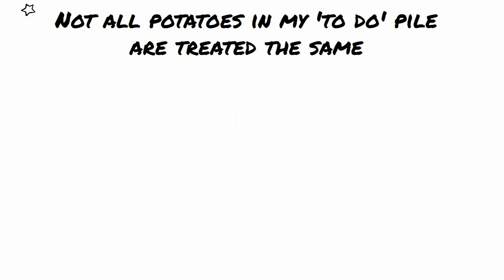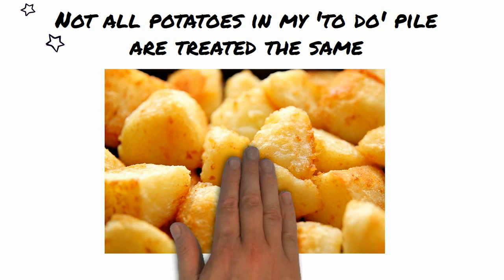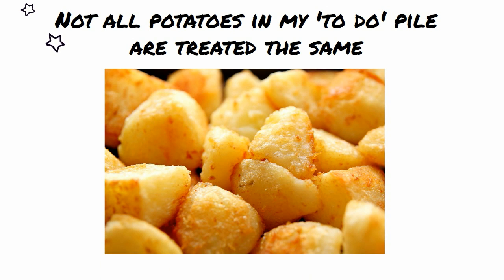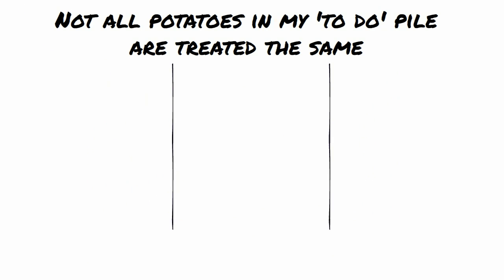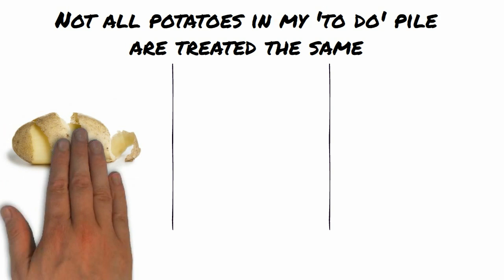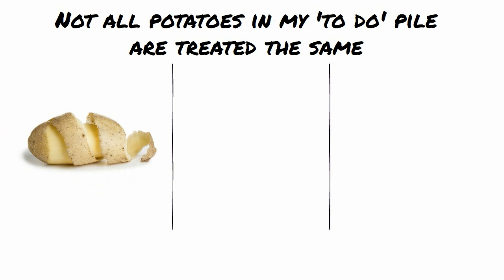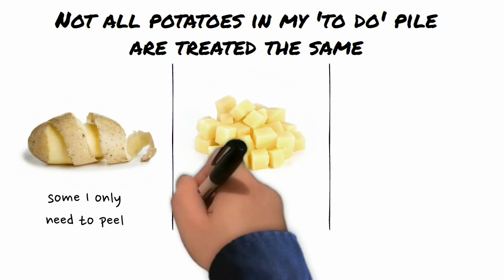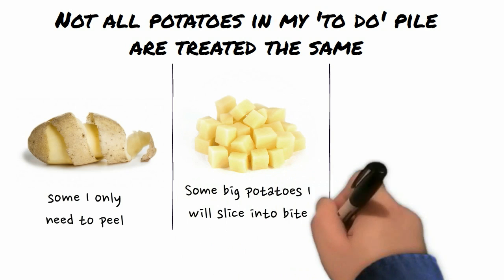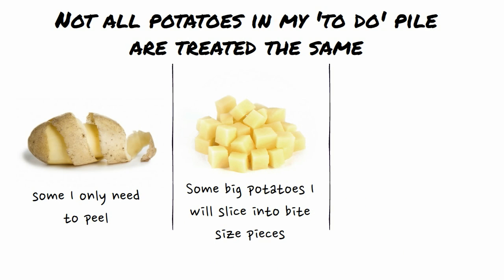When I'm getting potatoes ready for cooking, I would like them to be broadly similar in size. They don't all have to be the same size, but if they are similar, then I get a more consistent cooking experience. Large potatoes will take longer to cook and they may mask some of the problems. Smaller ones may have a disproportionate preparation time or may end up being overcooked. So when I select an unpeeled potato, I assess it, and in some cases I may decide it doesn't need splitting or slicing and simply needs a little refining, so I peel it. But some potatoes are big and need peeling and splitting and slicing into more manageable bite-sized pieces.